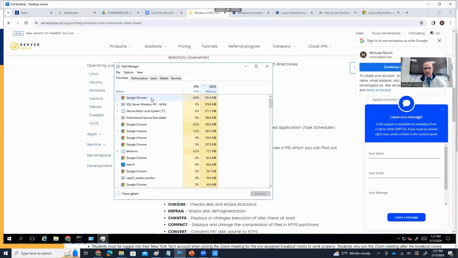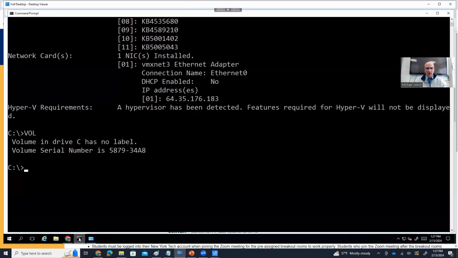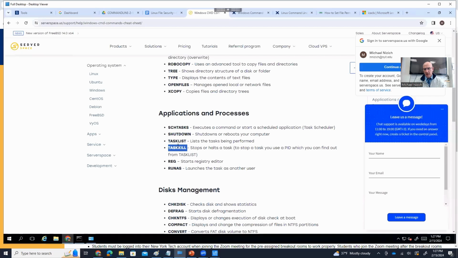I'm not going to kill it because it would kill our session. If you right click and go to end task, just think about what you have to do. You have to start Task Manager, find it, index, right click. It's several processes. And here, going back to our Windows PC, task kill will actually work. You go to task list,